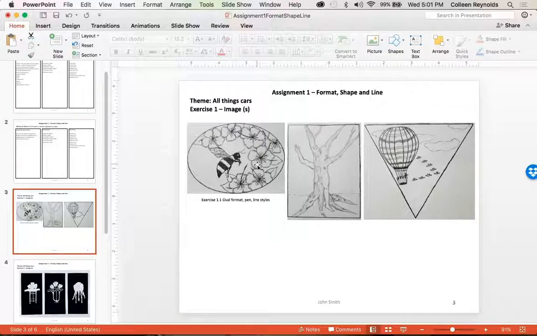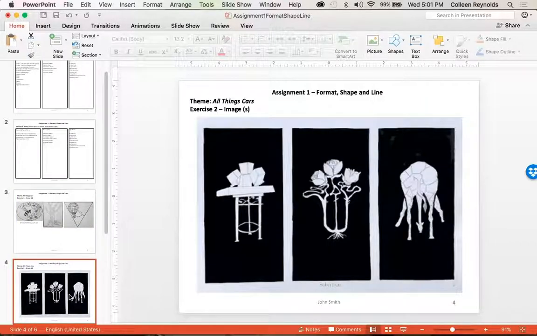If your images are good, you can put all 3 of these images for exercise 1 on one page, or you can put them on individual pages. I prefer they're on individual pages because then I have a better image and I can show off your artwork to the next set of students next semester. Again, don't forget to put an image caption